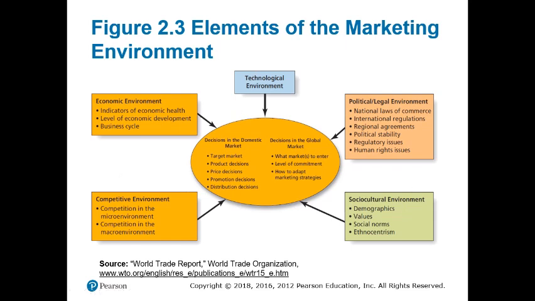What we see here is an illustration of how these forces, these different variables, impact the decisions here at the center of the illustration, the decisions in the domestic market regarding what consumers to target, which specific decisions about product, price, distribution, and promotion, the four P's, and looking outside, looking to the international